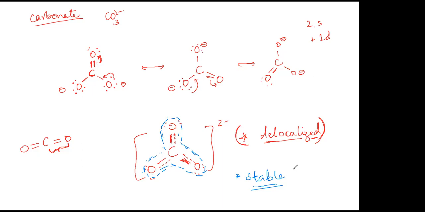This way, you can also explain why you won't find a lot of carbonic acid, like sulfuric acid or other things, but carbonate ion is readily formed. That's why you have sodium carbonate, potassium carbonate, and all of these things, because carbonate ion is favored, it is stabilized by resonance, so carbonate ion exists without a lot of trouble.